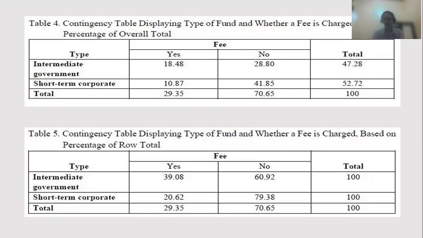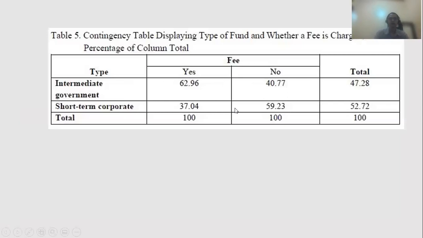Again, you see the difference very clearly here. Now, the denominator is based on the row total. If you look at the percentage of row total, the denominator is the row total, while the denominator of the overall total is the total number of all responses, regardless of row or column information. Now, the same thing goes if you want to look at the percentage of column total. So instead of this response divided by the total number of responses, for the column total,